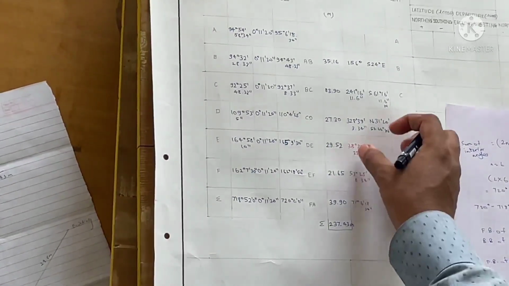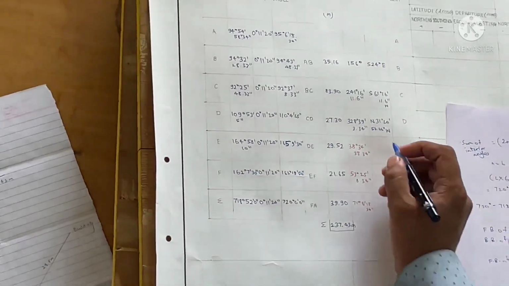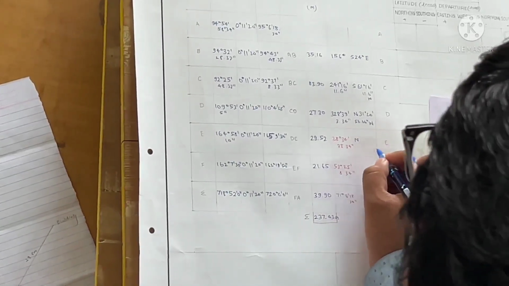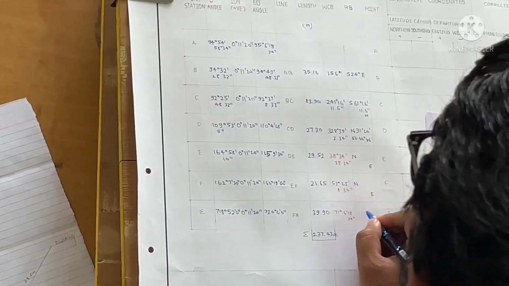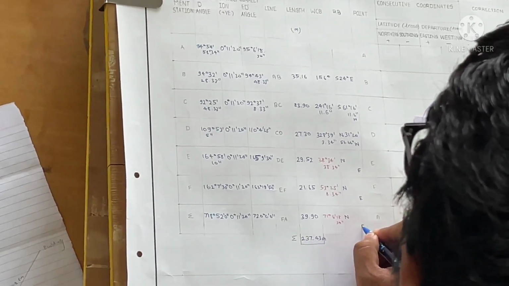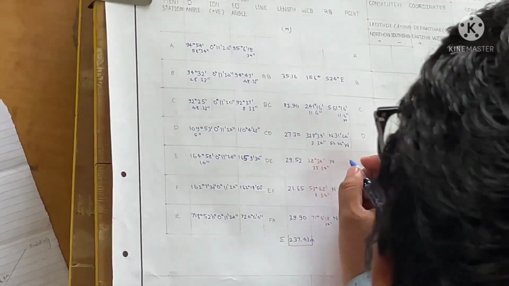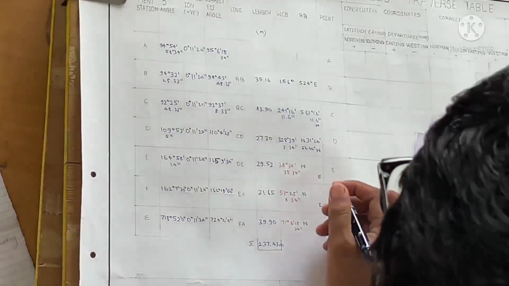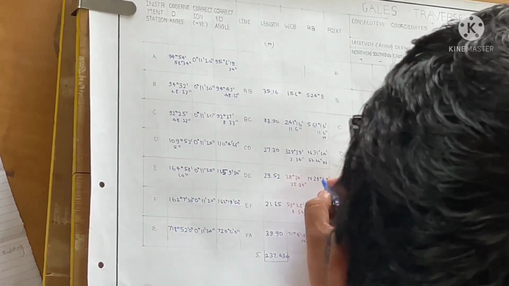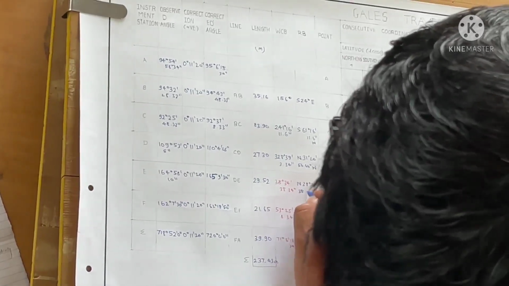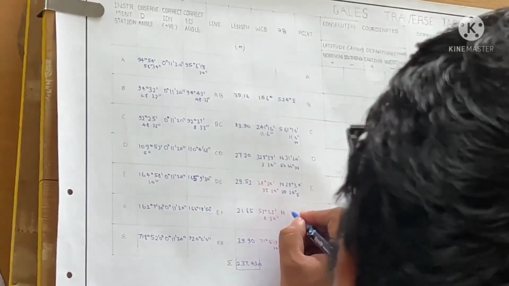Now, as all the angles of the below lines are below 90, the quadrant will be northeast. So directly we will write down the quadrant as northeast. There will be no change in the angle, so whatever the WCB is, it will remain as it is. We know the rule, that theta remains theta, that is WCB will be equal to RB. So it is 38 degrees 34 minutes 38.34 seconds.